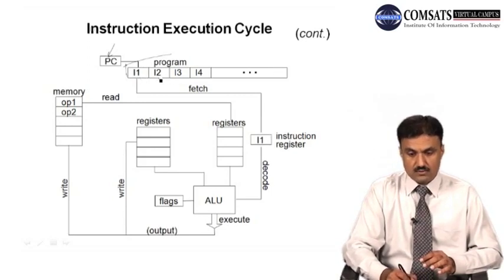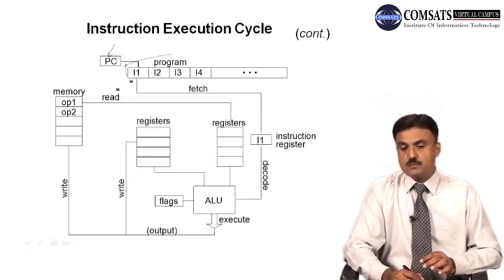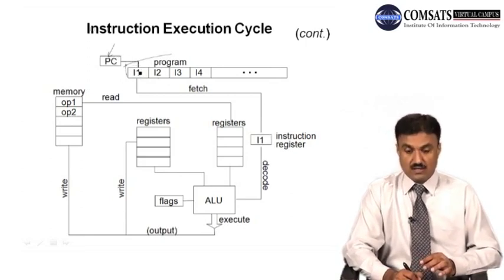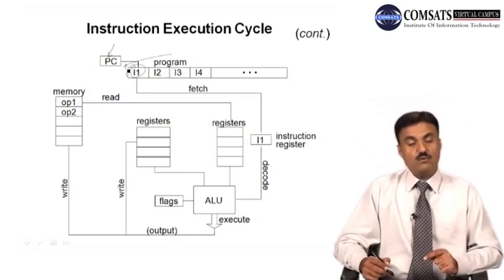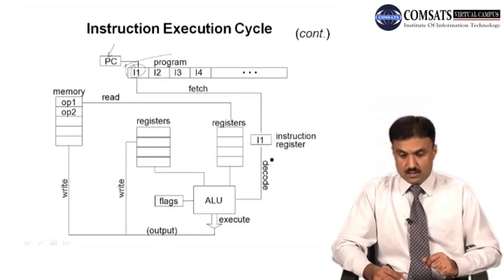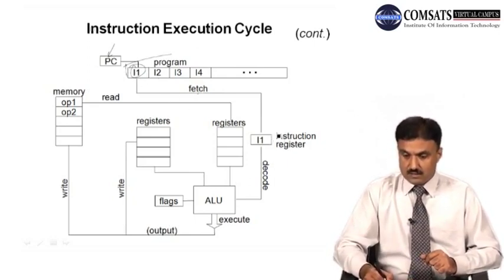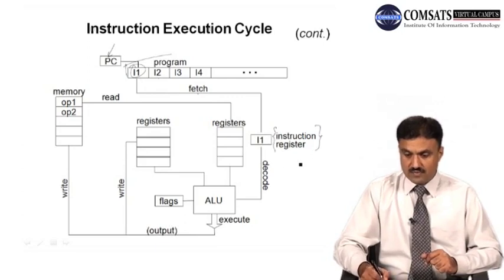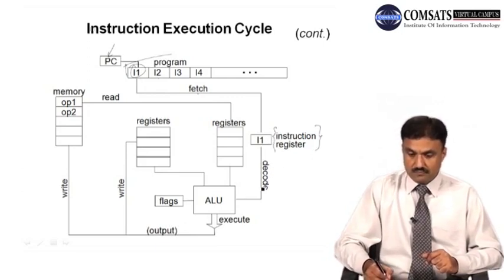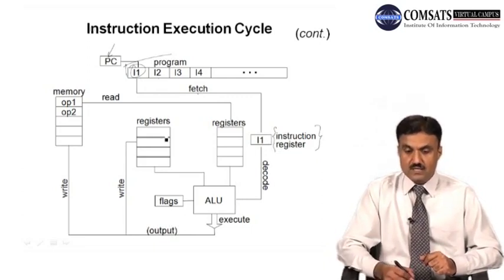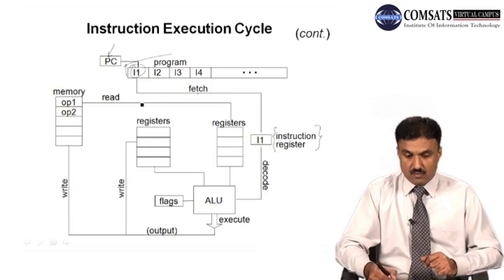There's instruction 1, 2, 3, 4, and so on. So this program counter has the address of the next instruction to be executed. For example, the next instruction is instruction number 1 that is being executed. Instruction 1 has been fetched, then it is put inside the instruction register, then it is decoded and executed. Before executing, maybe we need to read operands from memory inside